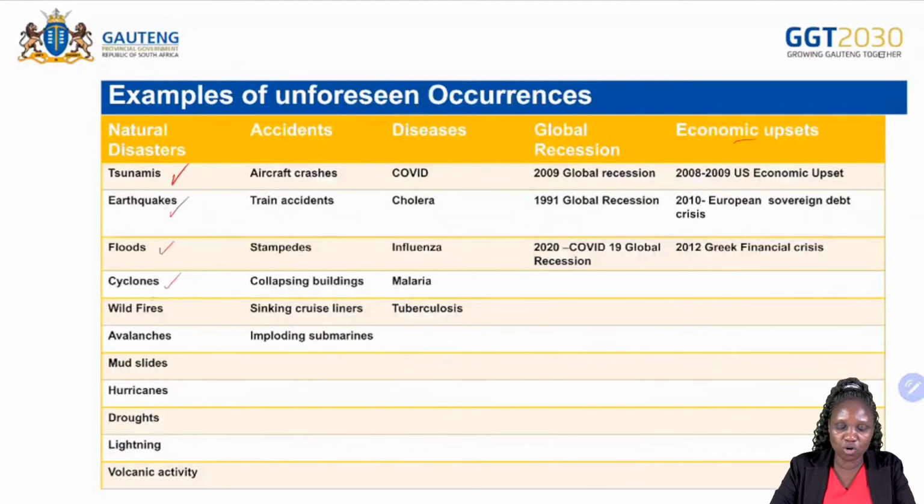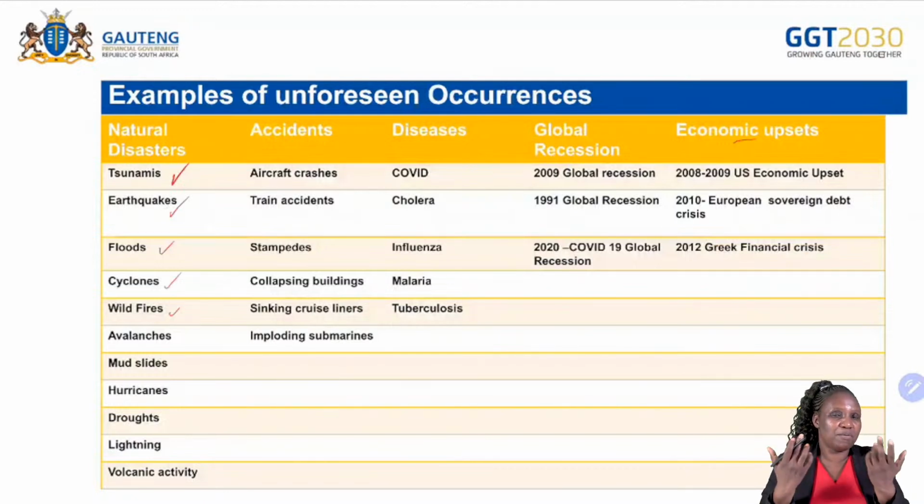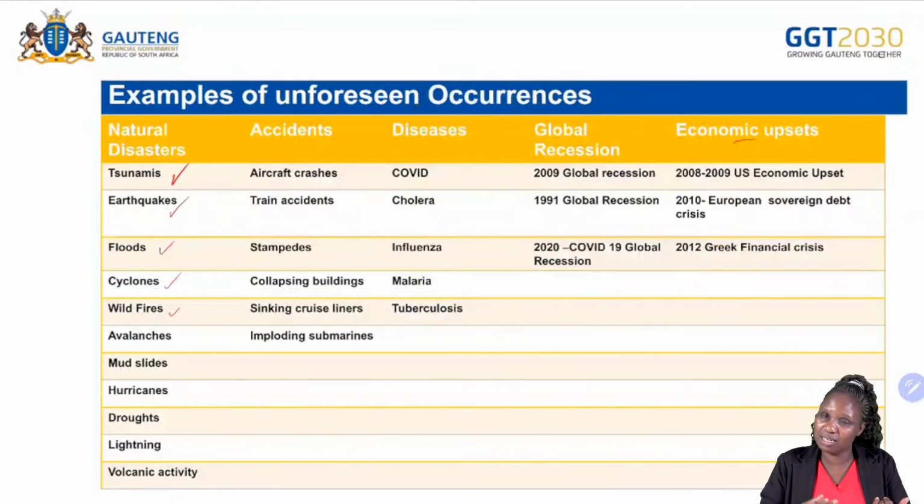And then we've got wildfires. When we're talking about wildfires, we're talking about fires that start out in the forest, okay? It can be because it is very hot. Then the forest ignites. Then we've got wildfires. At times, it is because of human error. Then they start the fires, which will be uncontrollable, right? Remember what happened in Australia recently. There were wildfires. Even in California and USA, there were wildfires, right?